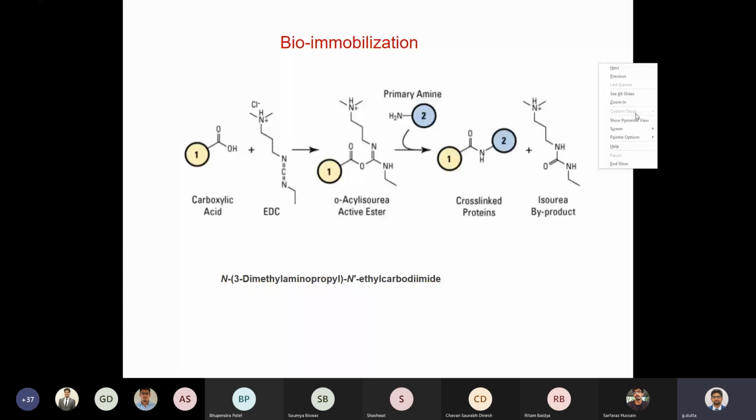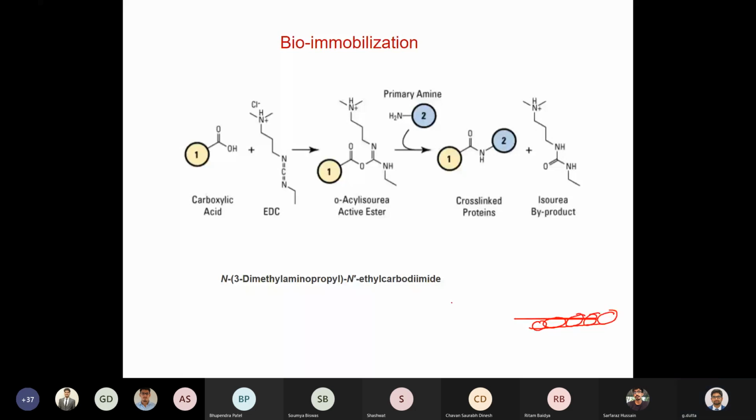So on the surface, what you can do, you can immobilize some nanoparticle first. So now we are coming to how we can form COOH group on the surface, right? So this is your ITO surface, ITO. So this is your ITO transducer. So on the surface, we are immobilizing some nanoparticle. Immobilizing means we can drop cast. Drop cast means you can make some